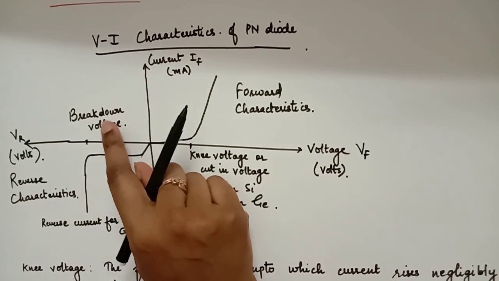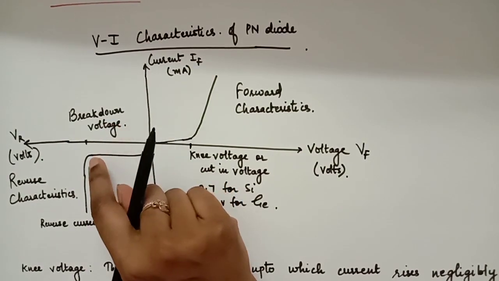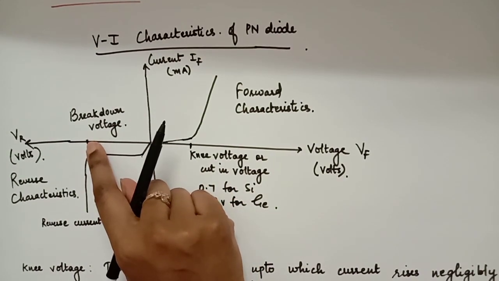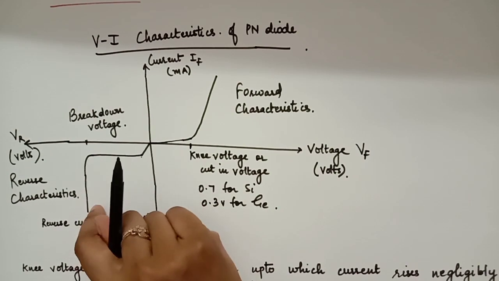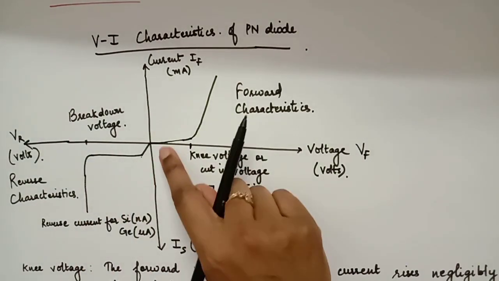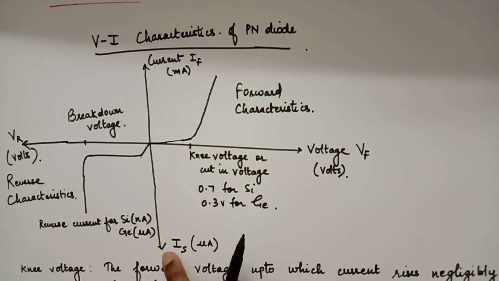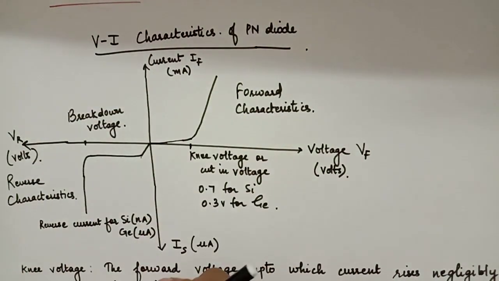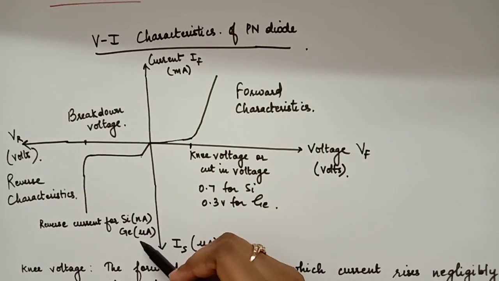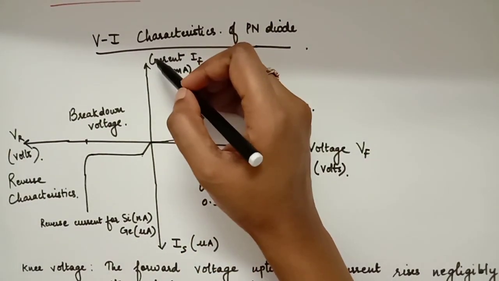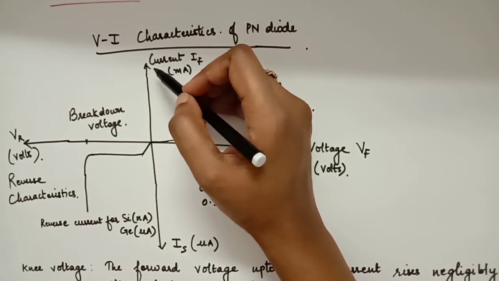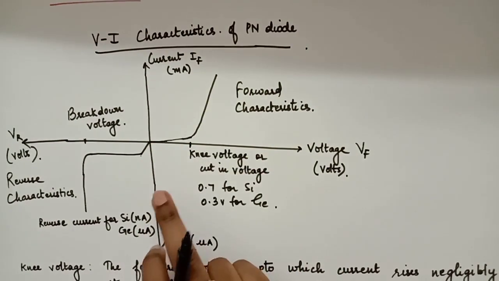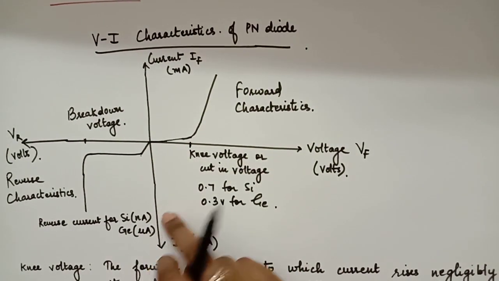We will learn about this breakdown mechanism later on, but for now we should remember that there is a limit to everything, and after a certain value of reverse voltage, the reverse current will rise rapidly. So this is the increasing direction. See, each and everything has a certain significance. This arrow shows that downwards is the increasing direction for the reverse current. This is the increasing direction for the forward current, as both are opposite in direction. Therefore one is taken in the positive direction and the other in the negative direction.